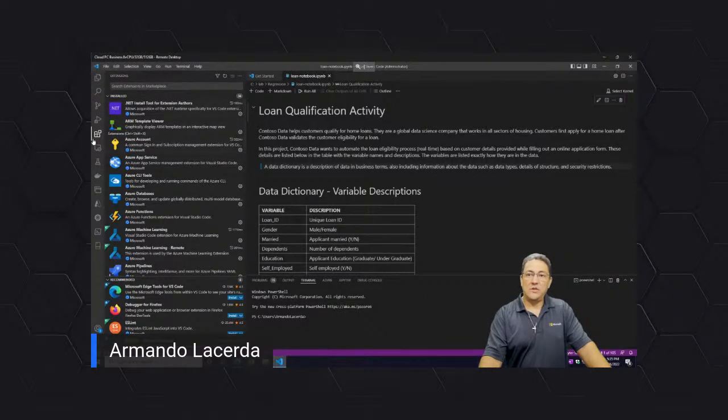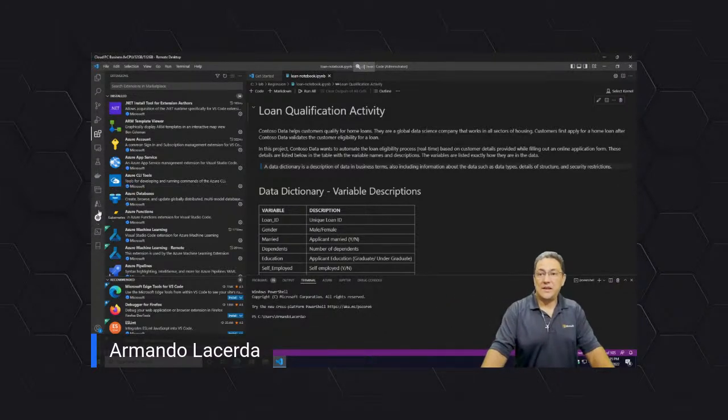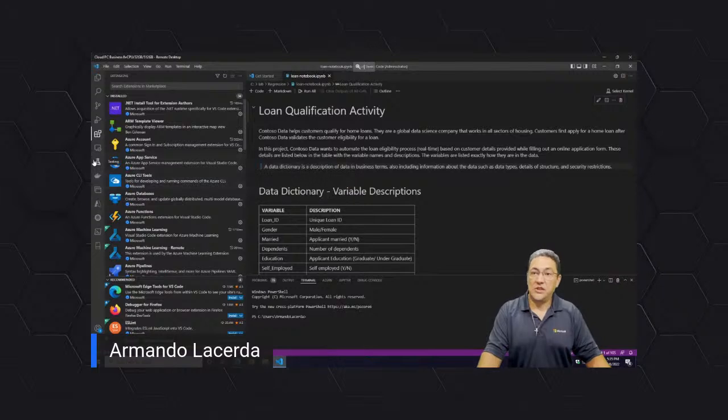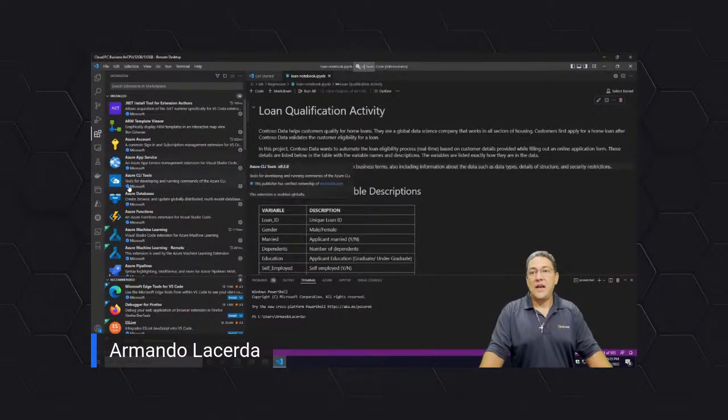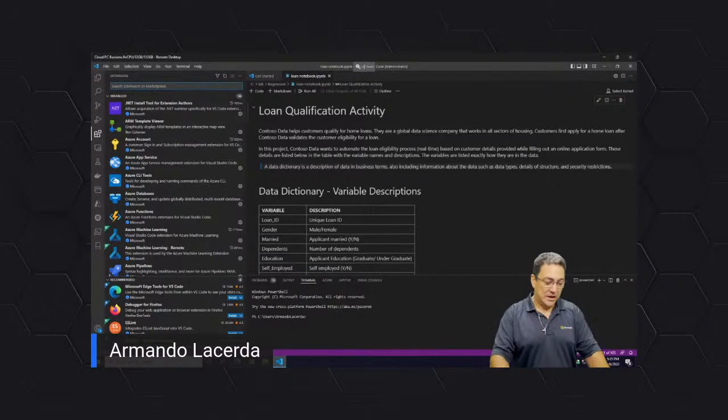When you install Visual Studio Code, it usually has only these 4 or 5 first ones in here. All of these other ones here are mine that I have installed because I work with Azure day in and day out. I need to do stuff in Azure, in Kubernetes services, and some other stuff. Machine learning right here too. But in this case here, you're going to go into the extensions and tell Visual Studio Code that you need support for the Jupyter